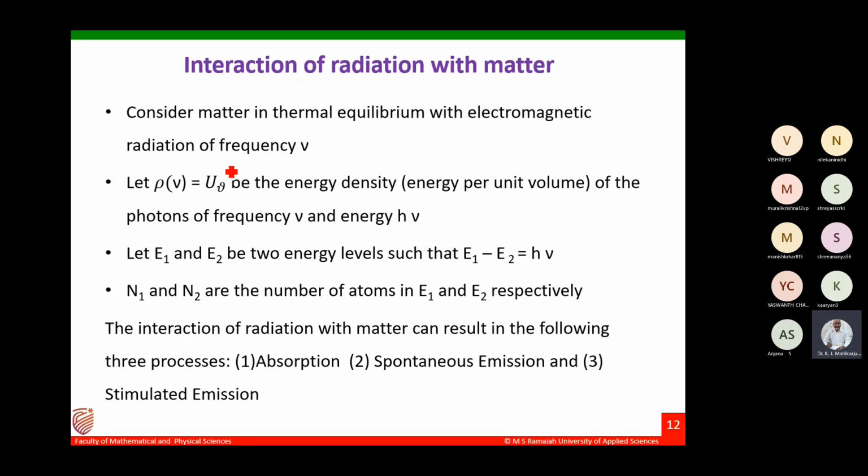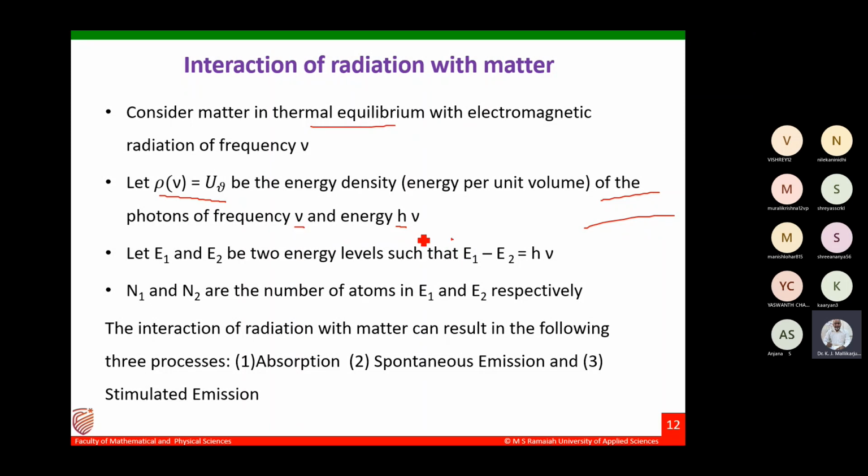And then at that point, if you consider a thermal equilibrium, that is the case we are having, when electrons are revolving in this particular way, in the sense atoms are distributed. If I consider rho of nu, u of nu is the energy density, energy per unit volume falling on the given system, and the frequency range is between, they will be having for frequency nu